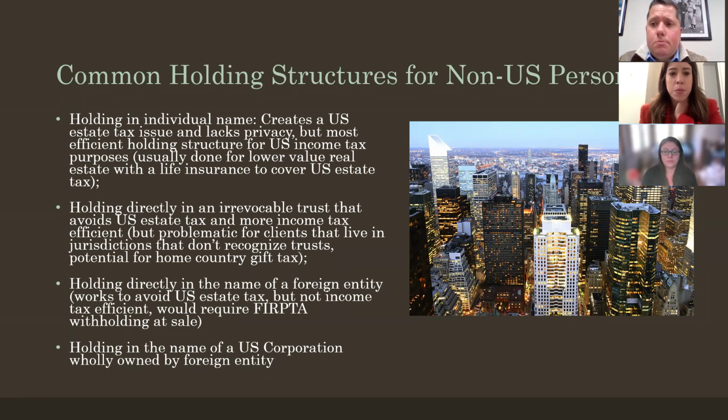Having said that, we do sometimes recommend this, right? Because sometimes it's a relatively low level asset. Let's say, for instance, they're purchasing a co-op for $450,000, $500,000, something along those lines, and they live here, and it's going to be their primary domicile, but maybe not forever because they're a foreigner on an H-1B visa. We have a client like that right now, and they're going to go back to their country. Then, does it really make sense to create a foreign entity with a New York corporation or something along those lines and a trust, and pay all these maintenance fees and go with the formalities?